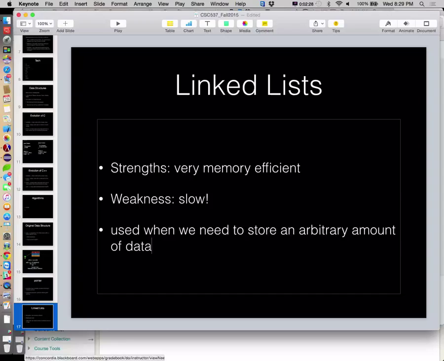Now keep in mind the type of world we live in today and when these things came from. You can find some really old dusty books from the 70s and the 80s that talk about linked lists. We lived in a different world then. Memory efficiency was a big deal, right?